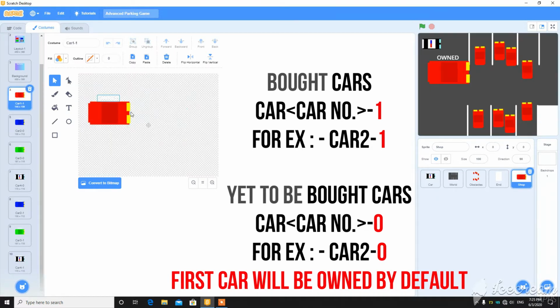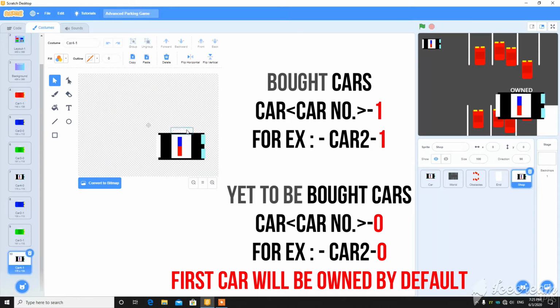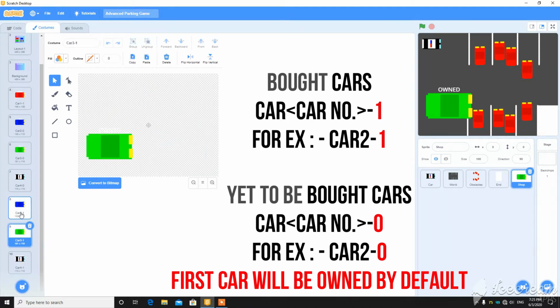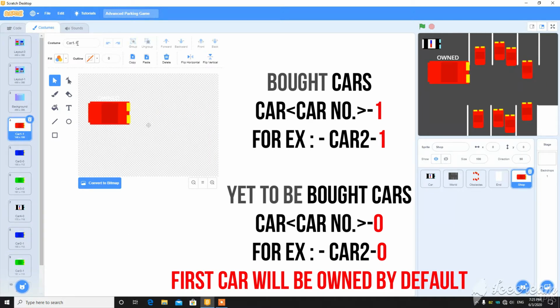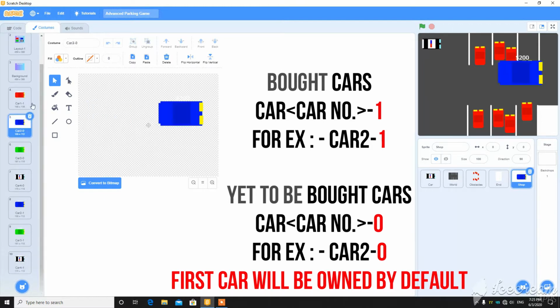I made this only a single time, and you can see owned, owned and owned. You can name these costumes like car 1 dash 1 when it is bought, and car 2 dash 0 when it is not bought, and car 2 dash 1 when it is bought.